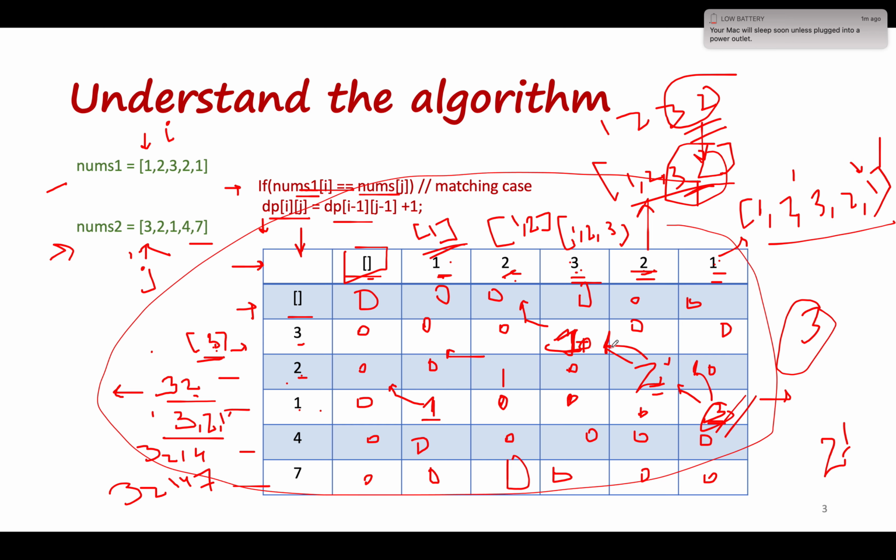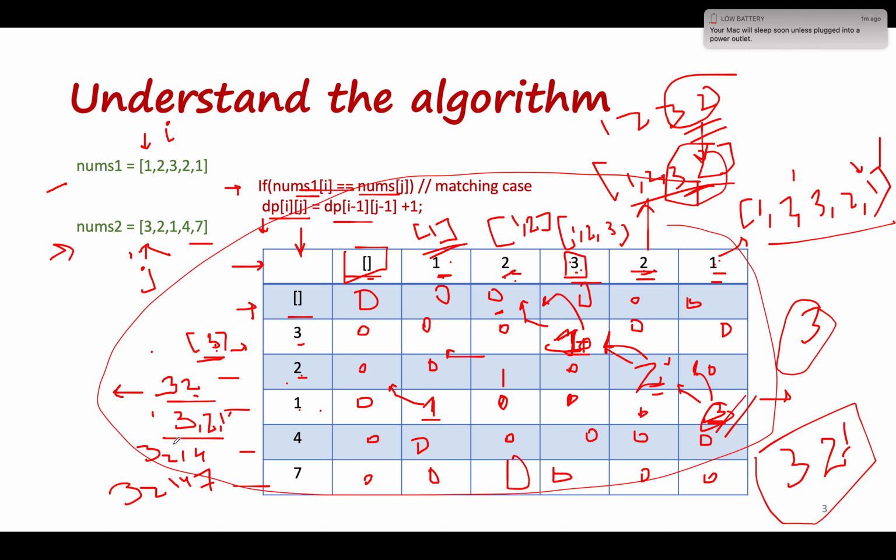Then again you will go in the vertically up direction. The value is 1 and it is greater than 0, so you will extract the element there, and the element is 3, and again you will go in the vertically up direction. The value is 0, you will stop the process. This becomes your answer, and you can iterate in either nums1 or nums2, whatever you want to do. I hope you understood this logic.